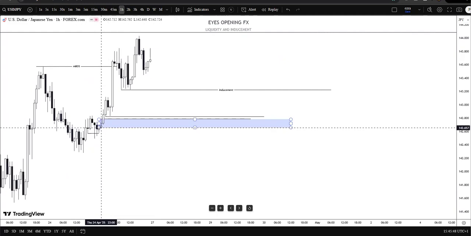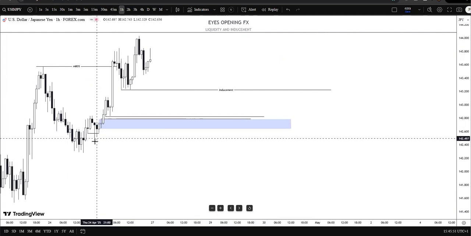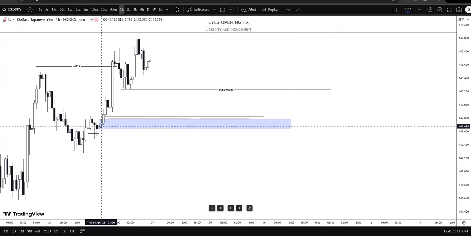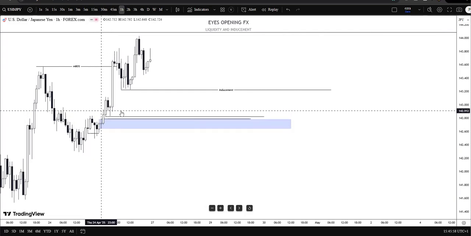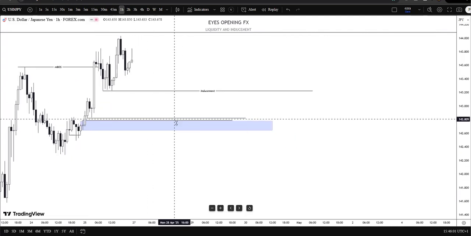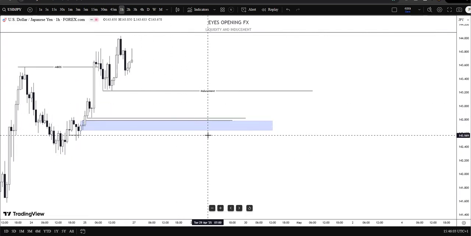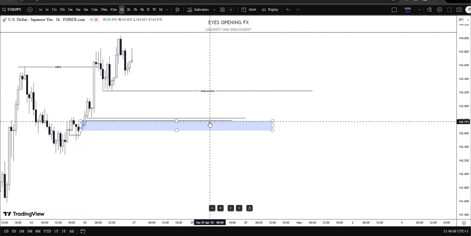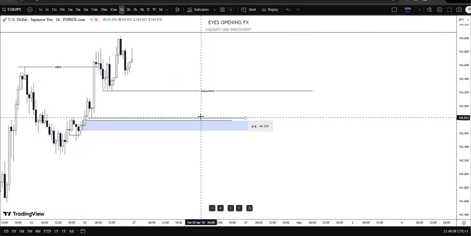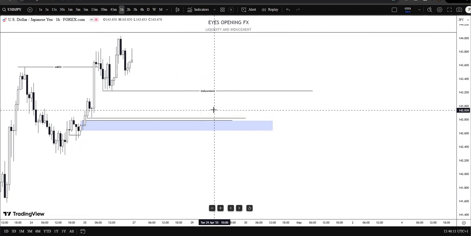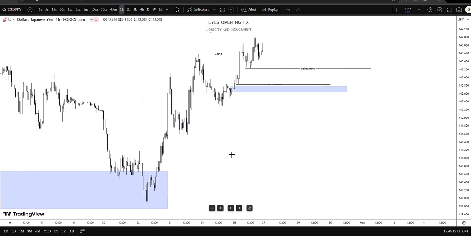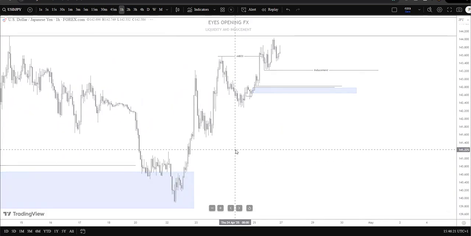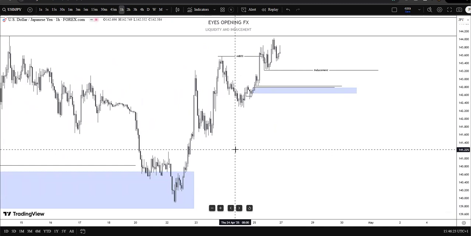Now, since this is the last mitigated zone within this structural range, that is why I pick this major zone right here. So once I have this zone, I'll wait for market to come back to this area. If it aligns with timing, market gets to this area, aligns with timing, then I will buy. If it didn't align with timing, I wait for the confirmation that aligns with timing before I look for a entry within this zone. So that is all on this major USD pairs,